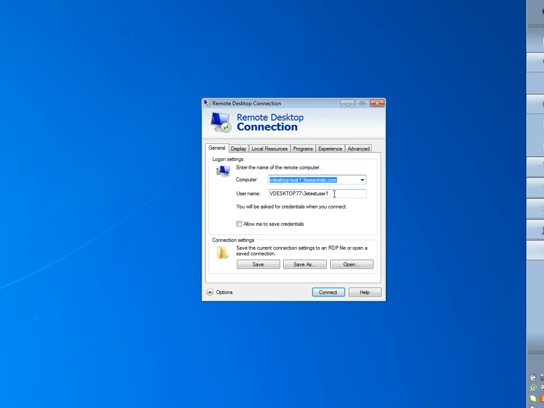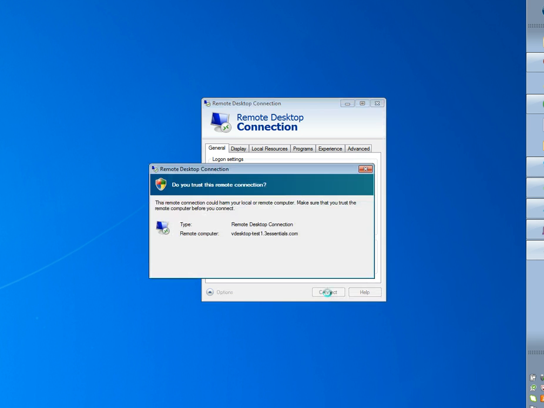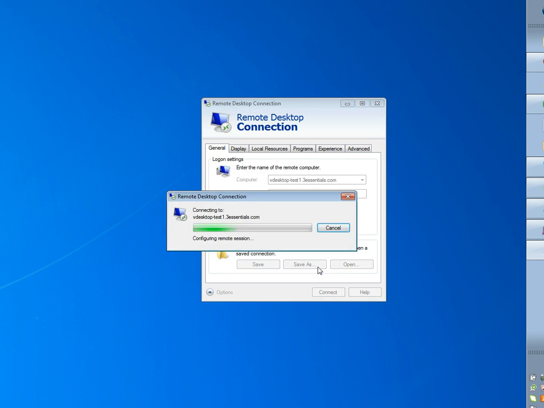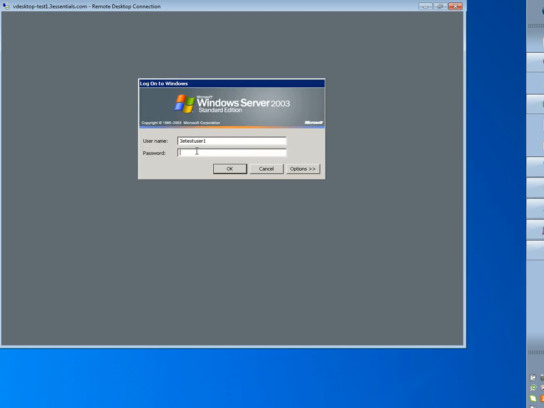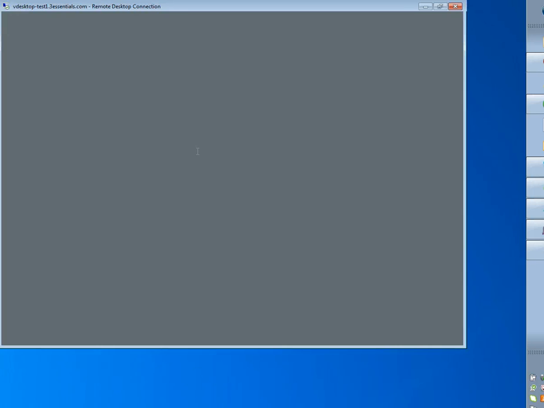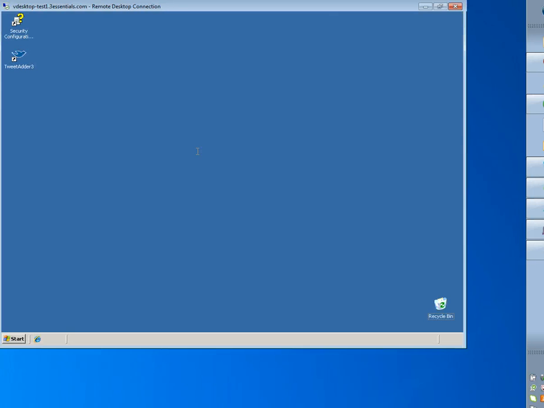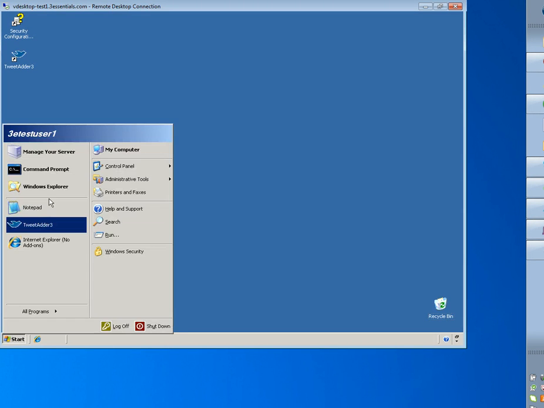We'll move back to our General tab. We'll put the user in here correctly. We'll properly input the host name or computer name of our VPS server, our VPS desktop, and connect. Accept the various prompts, and we'll enter our password once prompted. Okay, so now we're connected over RDP to our VPS. And if we simply open up Windows Explorer